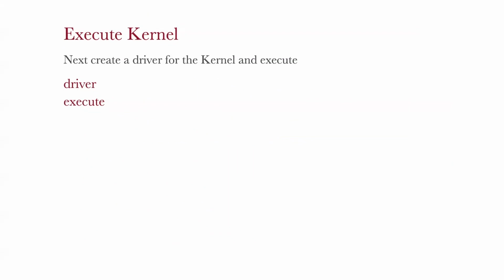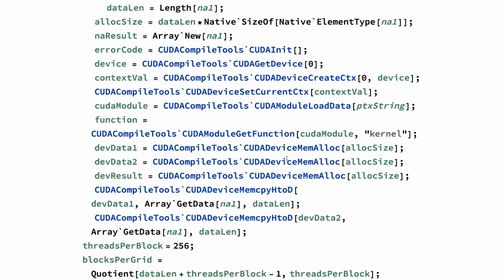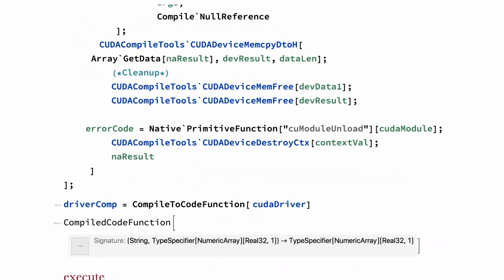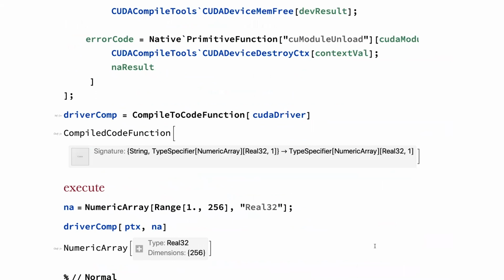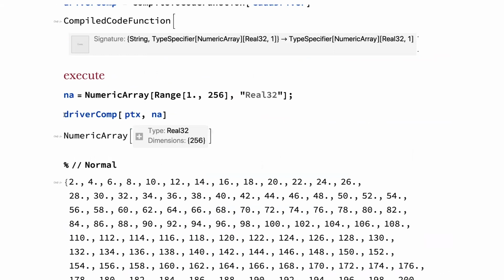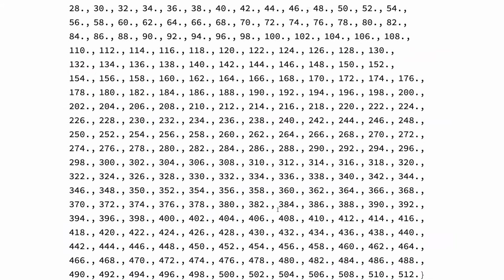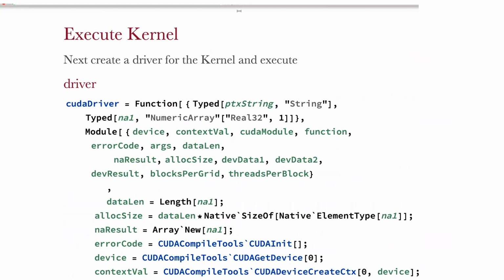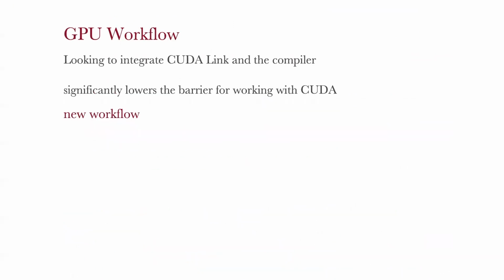Then we need a driver program, and we don't need to look at all this, but this is doing the copying. We can compile that, and then we can execute it. So I've used here a numeric array input. I pass the driver, the program and the input, and we get back the result. So that's the idea: we're looking to integrate the CUDALink with the compiler, and this should significantly lower the barrier for working with